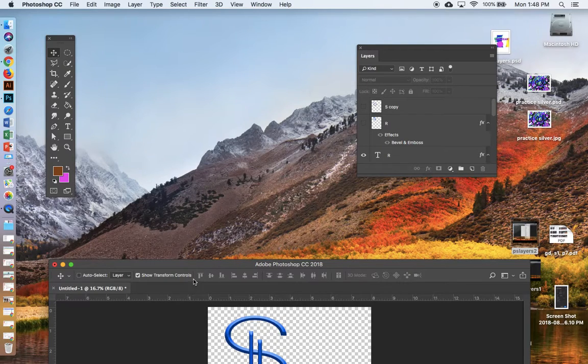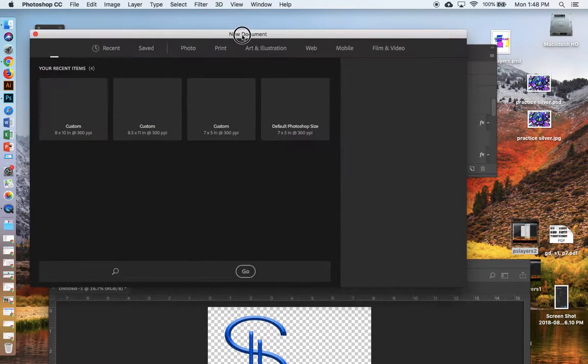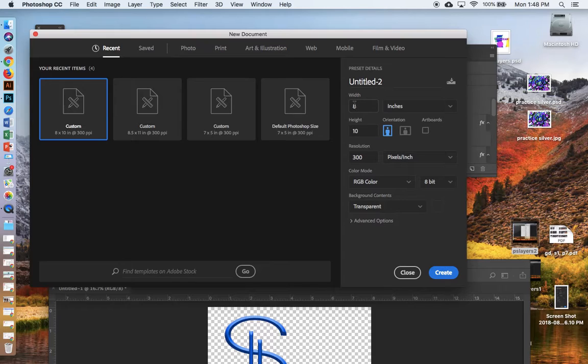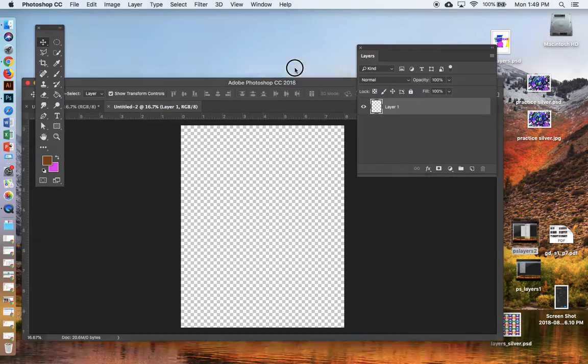And today I want to show you how to start working with layers. So I'm in Photoshop Creative Cloud already. I'm going to go to File, New, and we're going to make this a new document, and we'll make it 8 inches wide by 10 inches high, 300 ppi resolution, RGB color, and then transparent. Make sure you can scroll down and grab that and hit Create, and you should get a blank document that